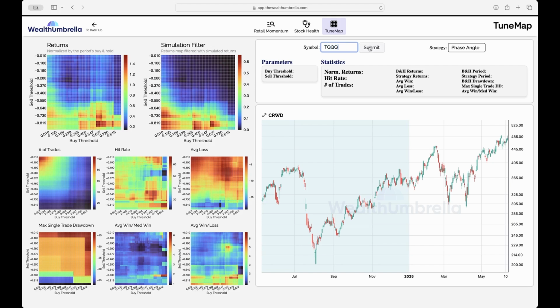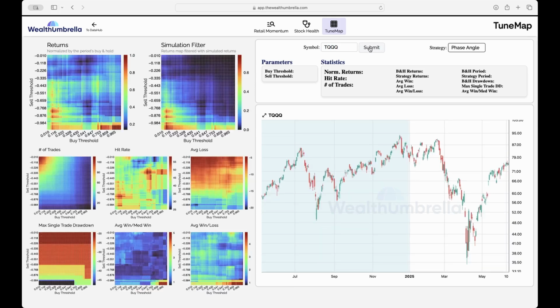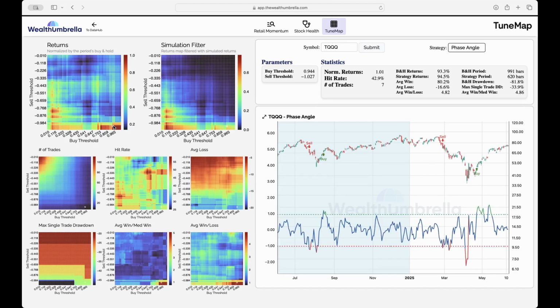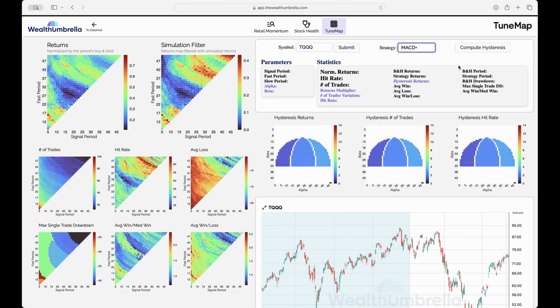But if you look, for example, at TQQQ with phase angle, and you choose the optimal threshold around here, it would match TQQQ return, but provide you some good edge. It would sell here and then buy here. It would have sold in last summer's correction and bought here, and would give you a good threshold while still shielding you from some drawdown. So that is Q. There's another one, the MACD, that I will cover because it's a bit